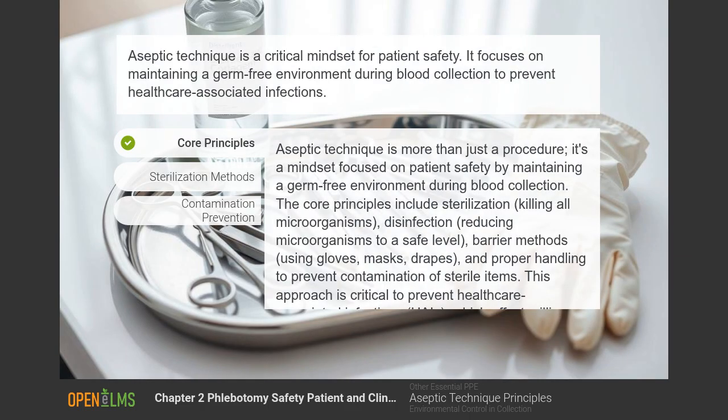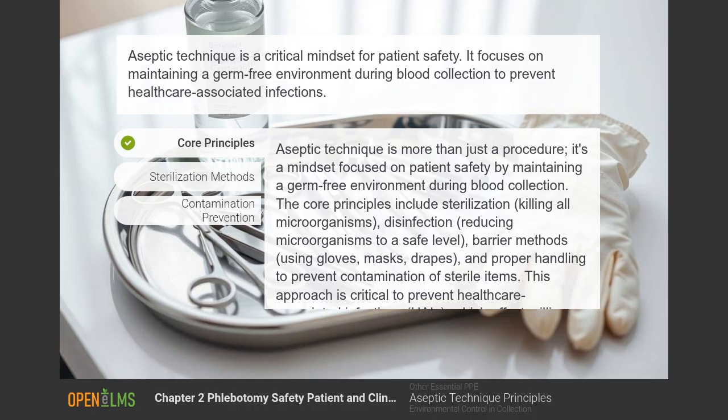Aseptic technique is a critical mindset for patient safety. It focuses on maintaining a germ-free environment during blood collection to prevent healthcare-associated infection. Aseptic technique is more than just a procedure, it's a mindset focused on patient safety by maintaining a germ-free environment